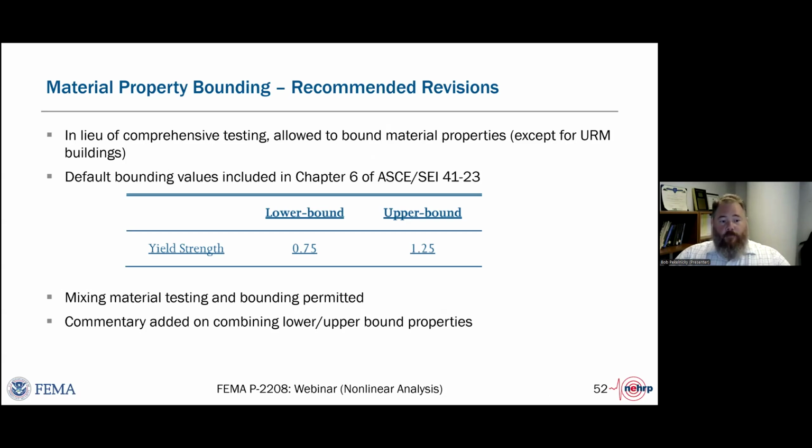And then looking at the envelope of responses between the upper bound and lower bound models, and in some cases, maybe needing to mix upper and lower bounds, but doing so as a way to say you can potentially spend a fraction of what you would spend on material testing doing additional analyses to produce a retrofit with similar reliability. And then we added commentary to discuss this more.